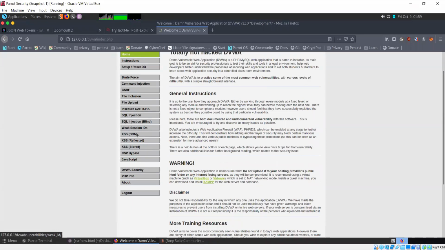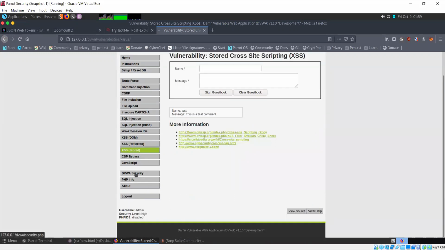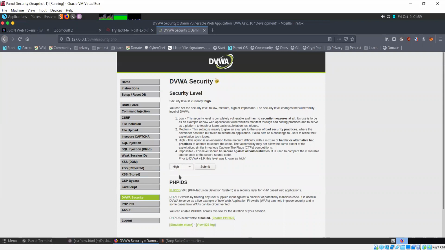Okay, so the password has also been reset in this case. Now let's go to the stored XSS, stored cross-site scripting. The database has been reset, but the security level, let me just change it to low.